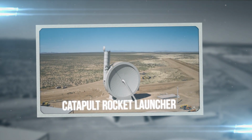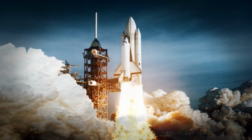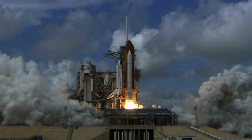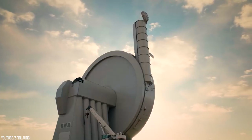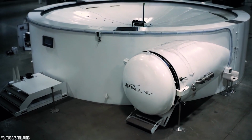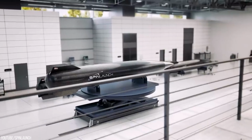Catapult Rocket Launcher. What do you think about catapulting rockets into space? Yeah, I mean taking a regular-sized rocket and practically slingshotting it into outer space. Sounds pretty crazy, right? But when you learn about Spin Launch's plan, you'll see how it could potentially change the aerospace industry. Spin Launch, a Silicon Valley startup company, is developing a kinetic energy-driven launch system to whip small satellites